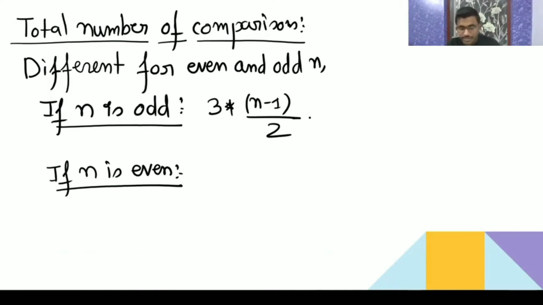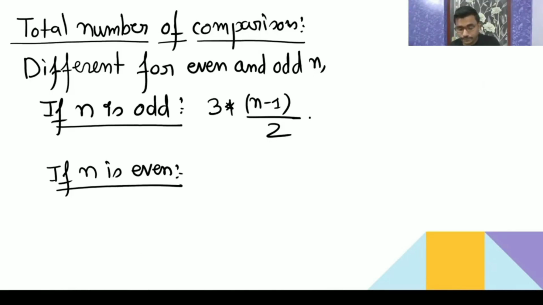In your product based company interviews, they will ask in the same way. First, you will say, sir, by linear search I can do it. Then they will ask you, can you reduce the number of comparisons? Then you give the tournament method. Then they will further ask, can you reduce it? Then if you give the compare in pairs method, you are going to get selected. Like this only you will get selected.